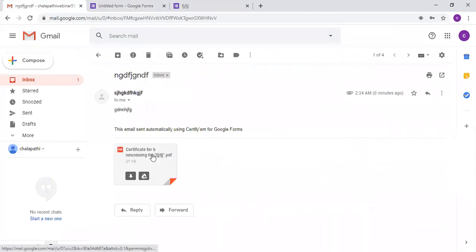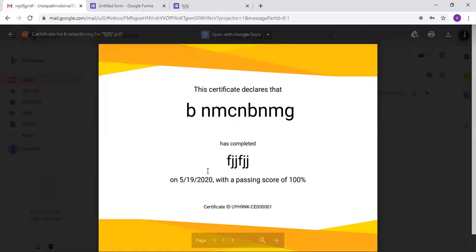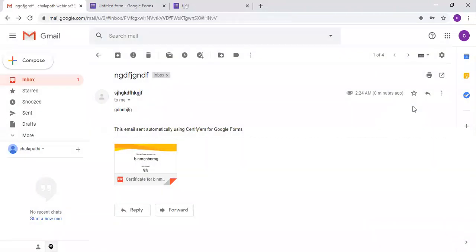I have taken the default template, which is why this is my default template, where I have entered some name and details. This is the name I gave my form, and I gave the question answer correctly, so I got 100% marks. And this is the certificate number. For each and every certificate, a different number will be generated, with which you can authenticate and validate that particular certificate. So this is the procedure you can follow to generate the certificates and send them to all the participants. Thank you.